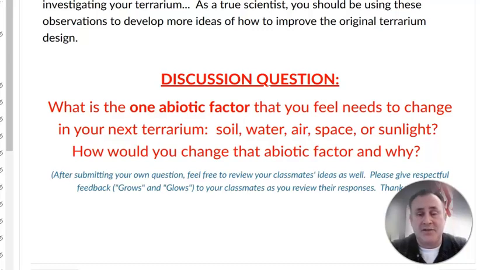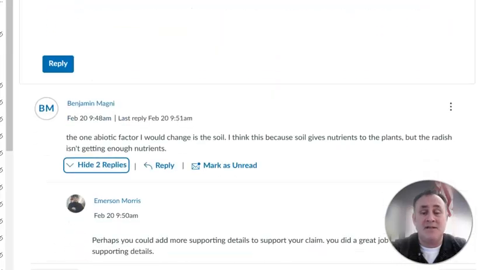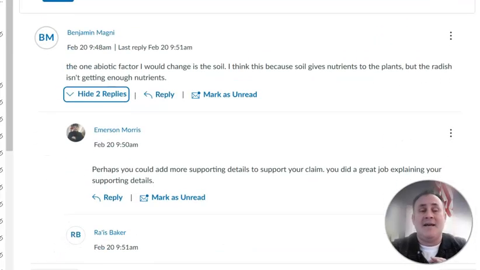What I like to do about my discussion questions is I like to ask opinion questions or questions that can be responded to with different viewpoints, but they have to provide evidence to support their ideas. And hopefully the evidence is either through their research or what they see happening in their own group's terrarium. And then what I like most about it is they must respond and eventually give and get feedback. I think the giving and getting feedback is probably more beneficial than the initial response because as you can see here, here's a response from a student. And then